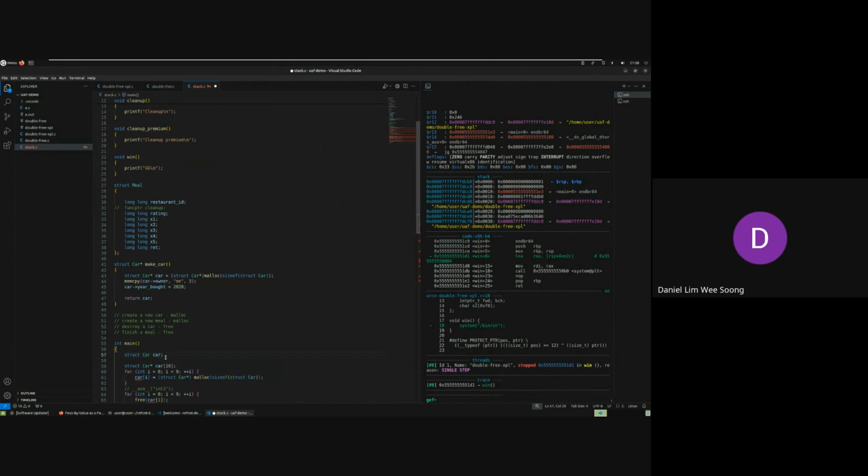Then the value will be on the stack, and you will hold the whole object as a value. Then when we pass this to another function,